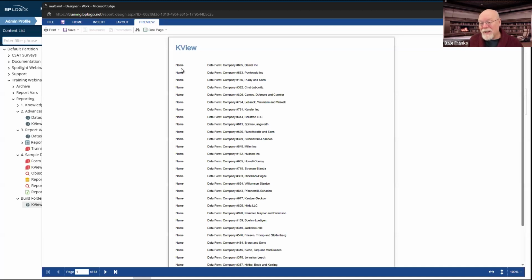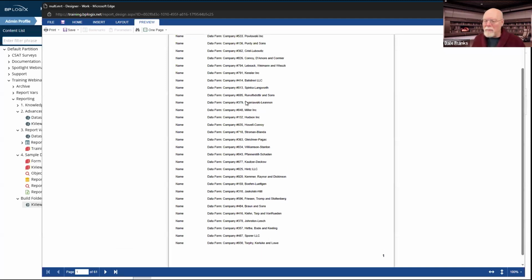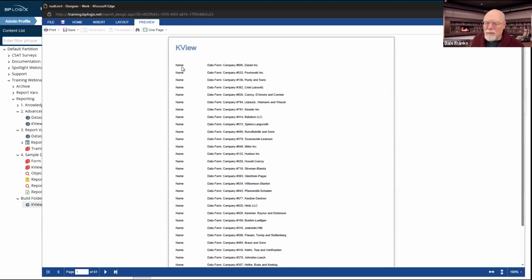So that text constantly shows up in every single row because that's what the data band does. It shows me all of the data that is going to go on every row in this band. So when I say row, what I'm referring to is a single row of data in the original data source. There's 1,000 of them. As you can see, right now this report is 61 pages long, and it shows me name in every row.